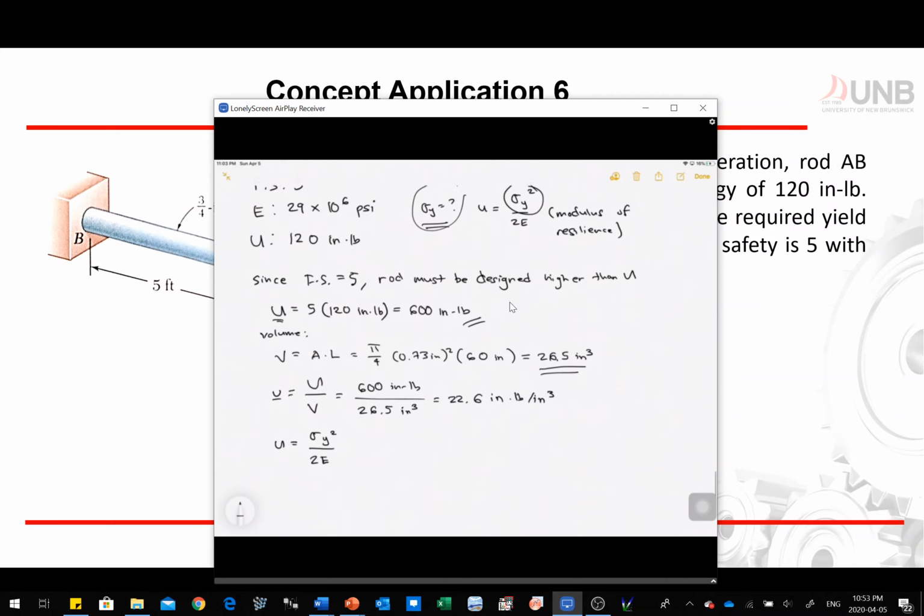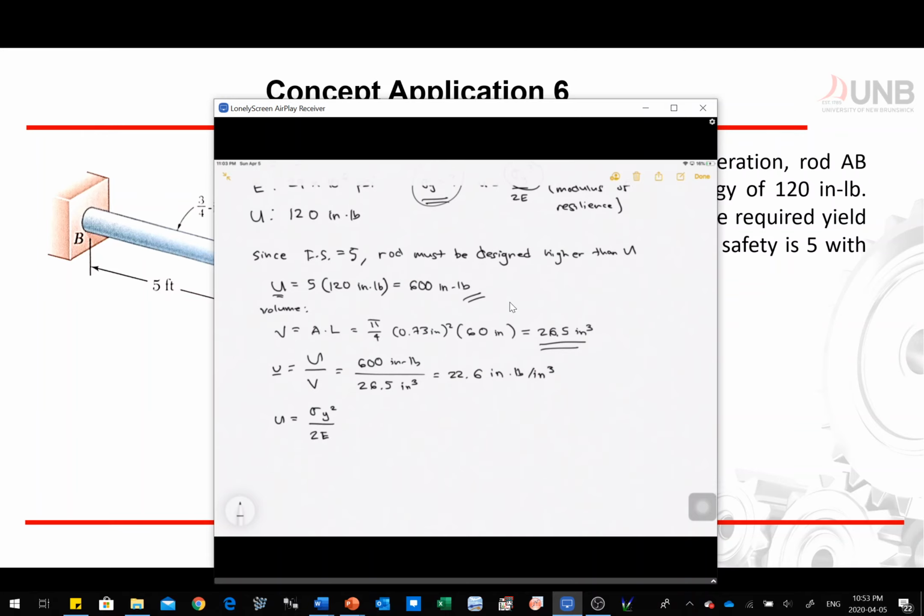Based on this, you can plug in the numbers: 22.6 inch-pound per inch cubed is equal to sigma y squared over 2 times 29 times 10 to the 6 psi. So now your yield strength is equal to 36.2 ksi. That will be the final answer for